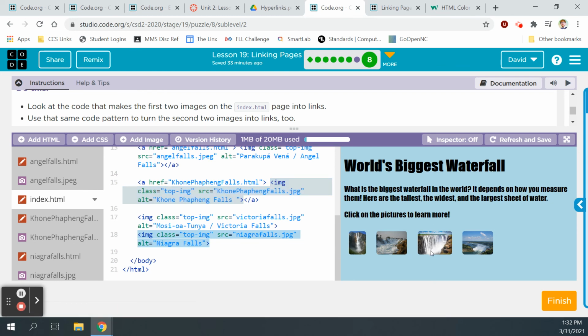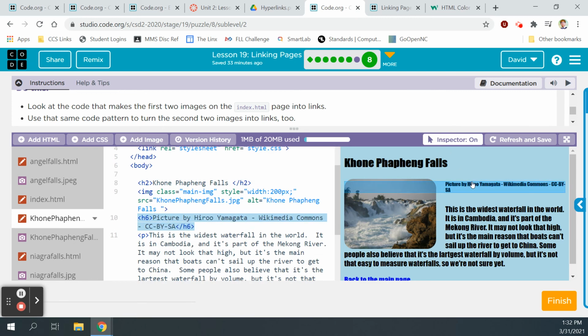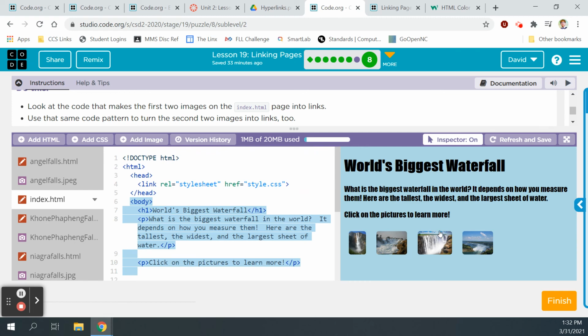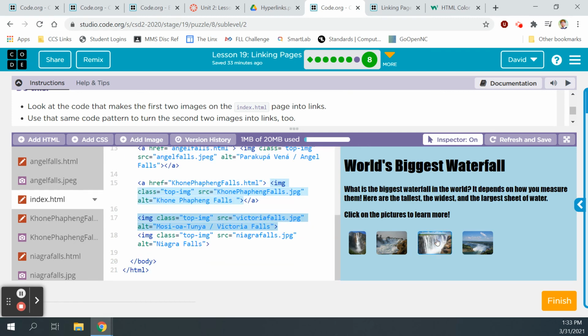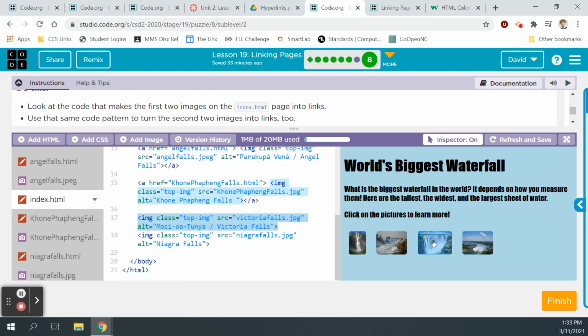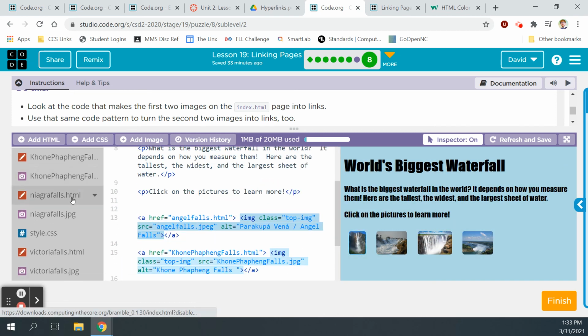So why doesn't that one work? On, back to the main page, on again. Oh, okay. So I see. So this is the line 15 one. This is Victoria Falls. This one is Niagara Falls. So let's fix Victoria Falls. Where's the HTML? Victoria Falls.html. So let's